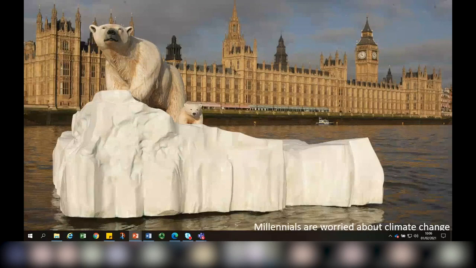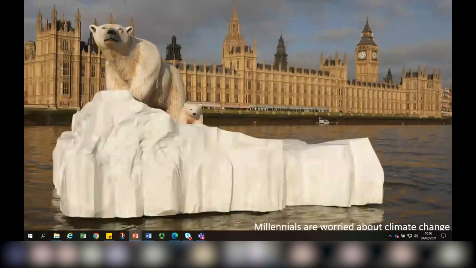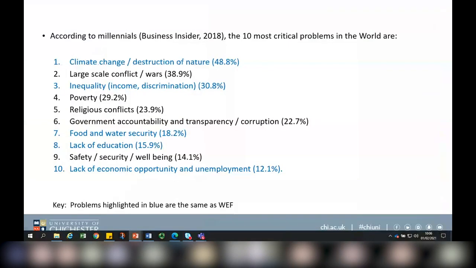Okay. Now the reason we've got this polar bear on an iceberg is what? Basically, millennials, even out of all of these issues here, one of the top focus for millennials like yourselves is climate change. Now, this was pre-COVID, but climate change has started to become more of a priority for governments, and it really is the second on the agenda at the moment globally. So it's moved from something like 10 over the last few years to number 2 in terms of priority.